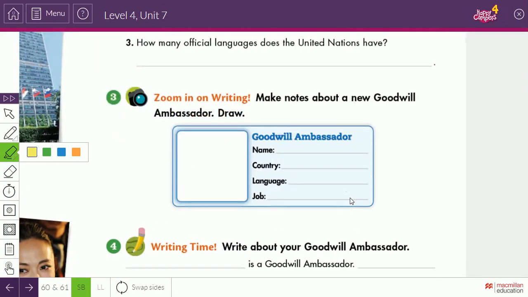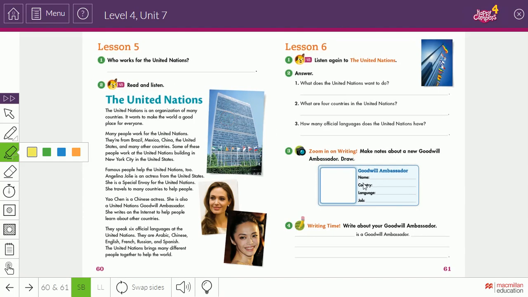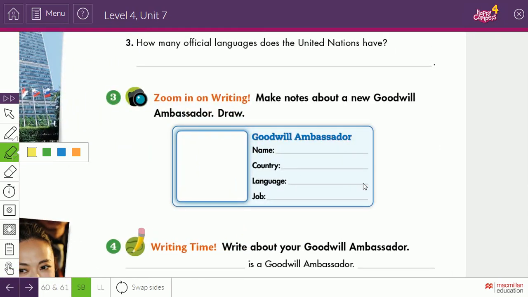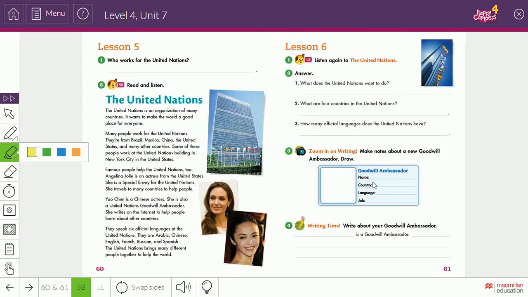Today we will move here, zooming in on writing. Make notes about a new Goodwill ambassador. Goodwill, which means النية الحسنة. Ambassador, like in French, ambassador. And then draw it. Okay. So what will we do here? Goodwill ambassador. We will choose